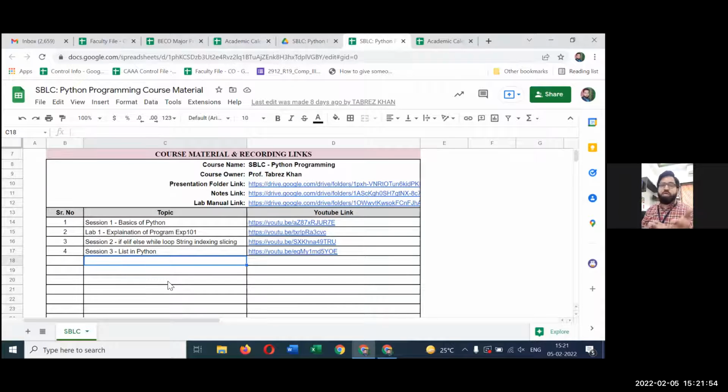And on top of that, this data is getting maintained at the department level. As a course owner, I am not keeping this data on my machine or on my drive. I am keeping this data in the drive of the department, which is the central repo. तो central repo पे data maintain हो रहा है, और central repo से ही data पूरा share हो रहा है. So this is the beauty. And if we use it this way, then only inshallah it will be a very effective and efficient thing.